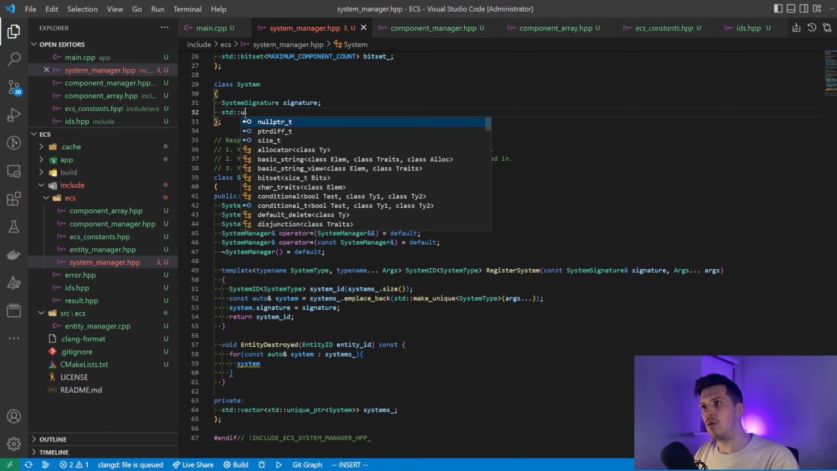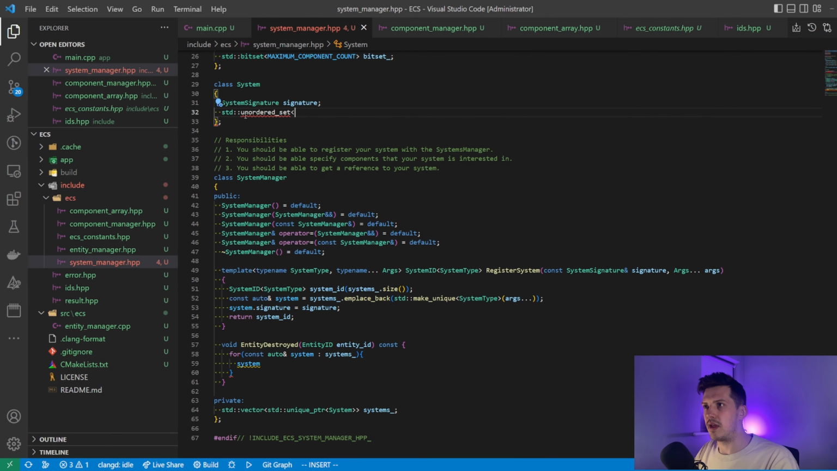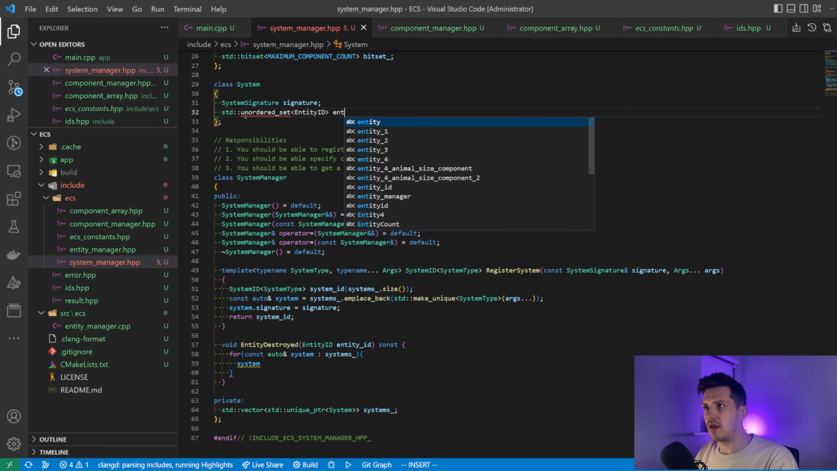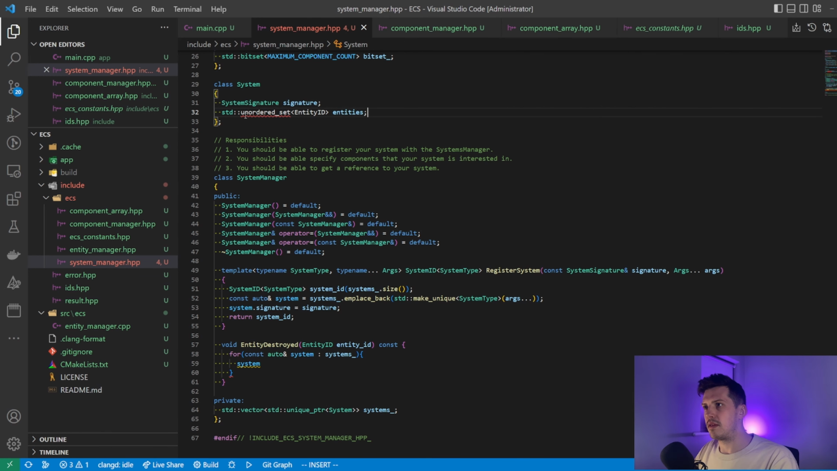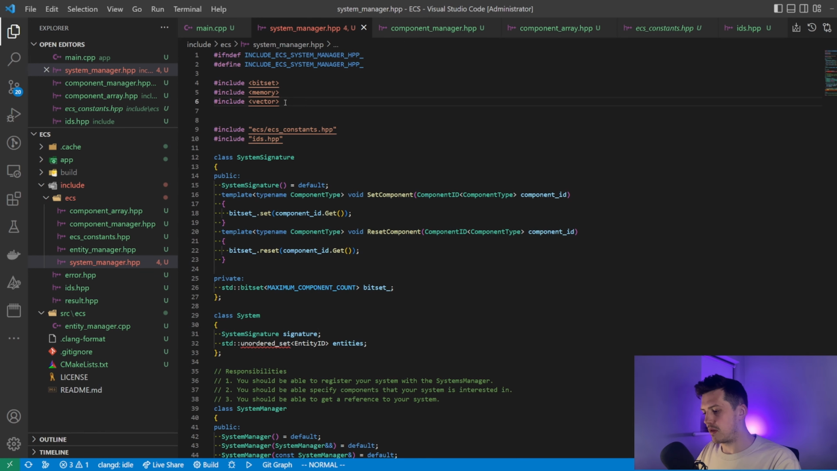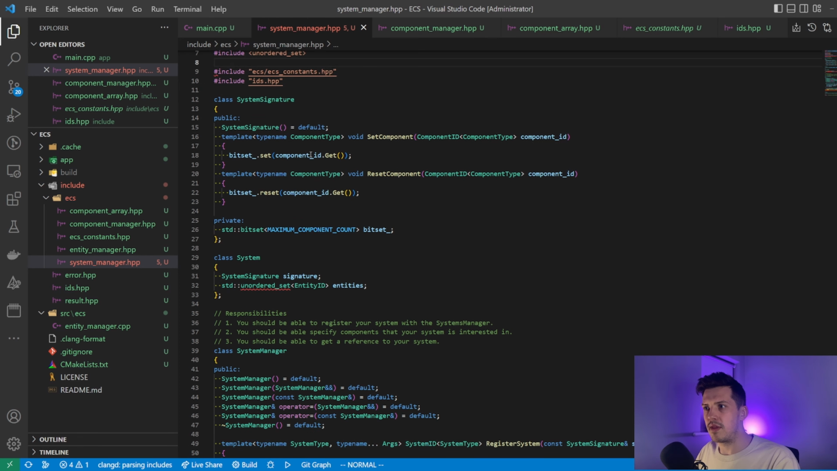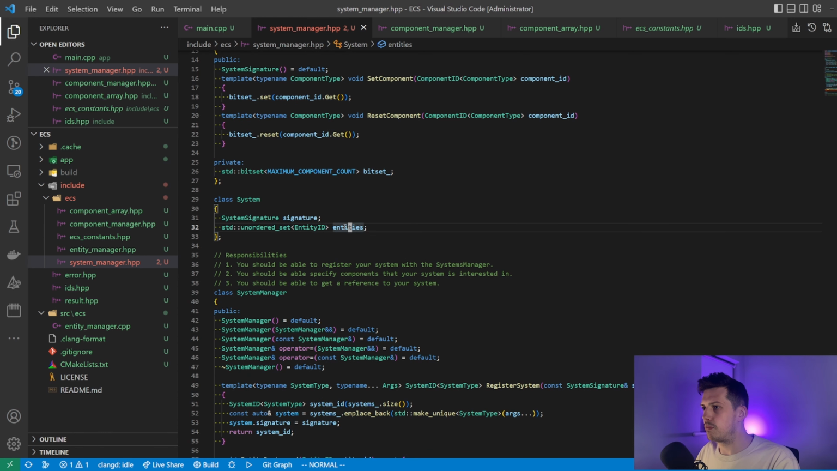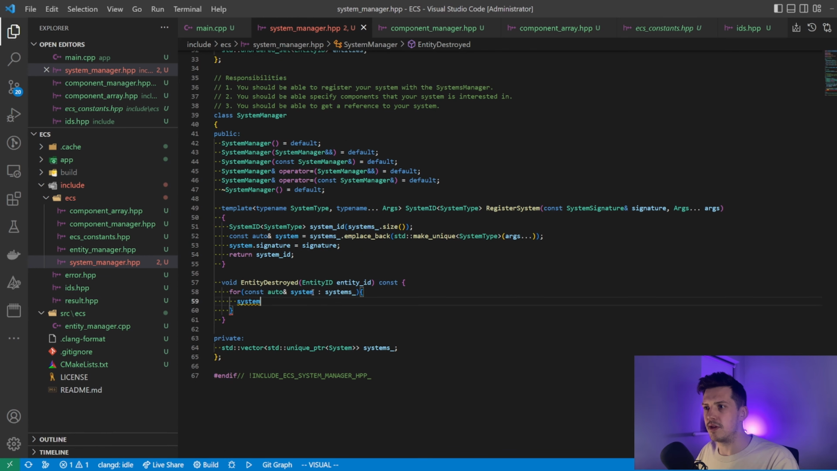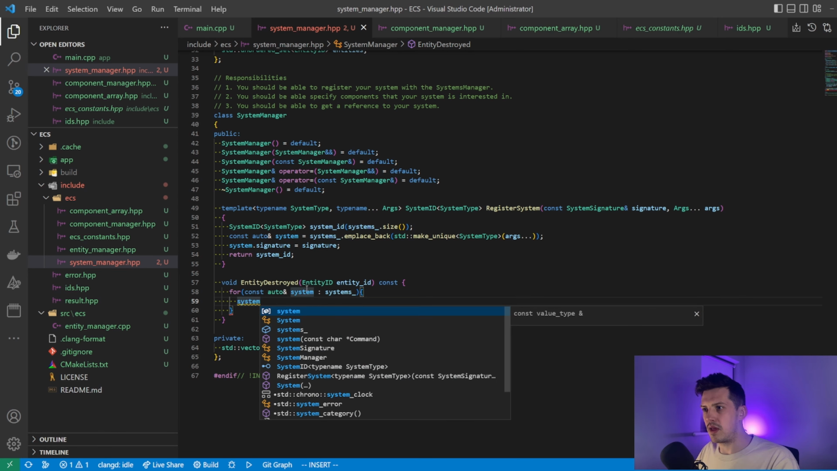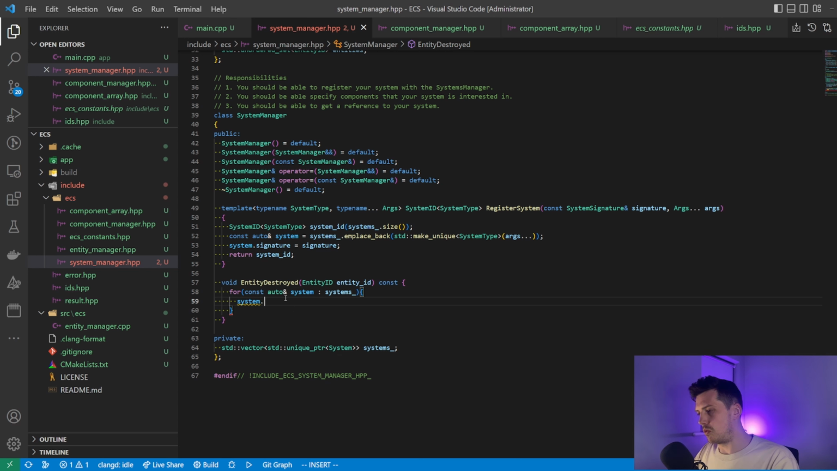But for now, we're going to store those interested entities into an unordered set. And I think this could be another area of optimization, but we will look into that when we do the optimization video. And then all we're going to do is iterate over every system in the system, and we're going to call